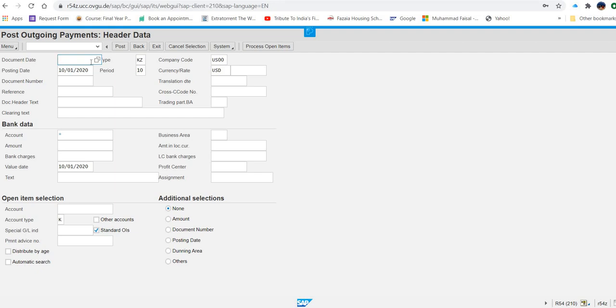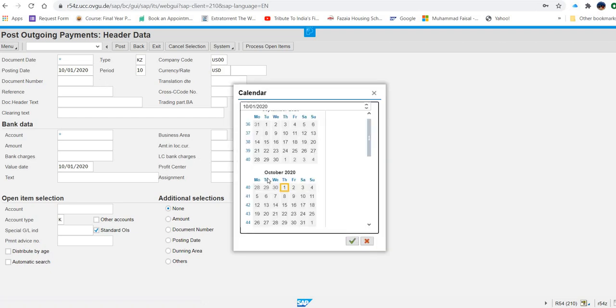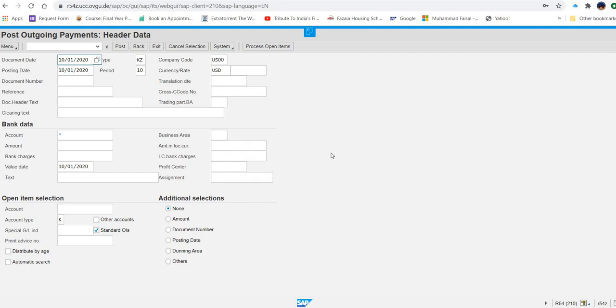Here we have to enter some data, and first enter today's date. Remember again what I do? I do not type the date, I just take it from the calendar. Then company code is US00, it's already there. Currency USD is already there.